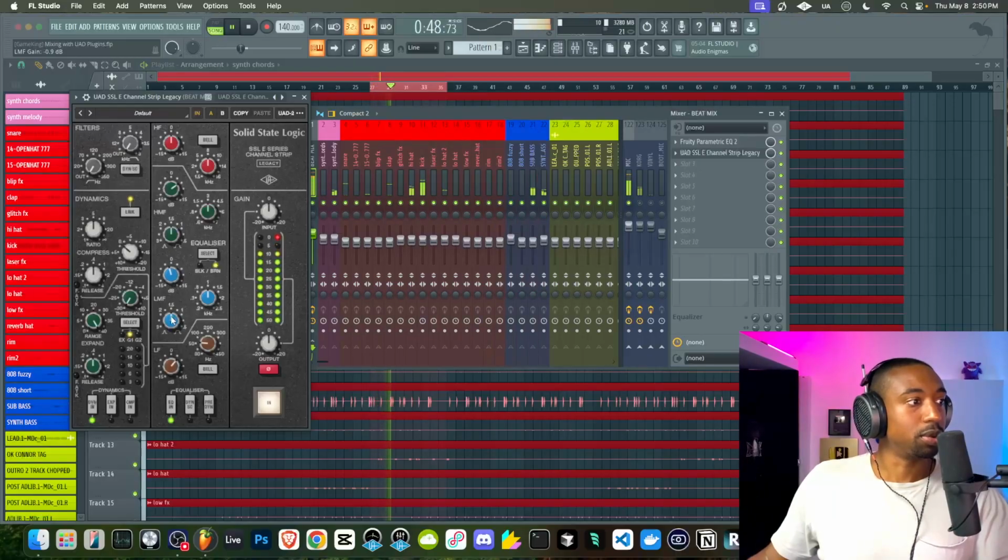Now the low mids, when I start boosting these, I usually use a wide curvature and I'll go lower, like around 200, 400 hertz. This adds the density to a track.